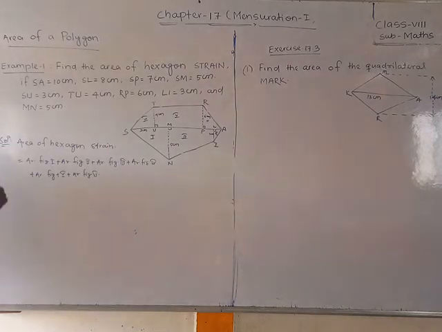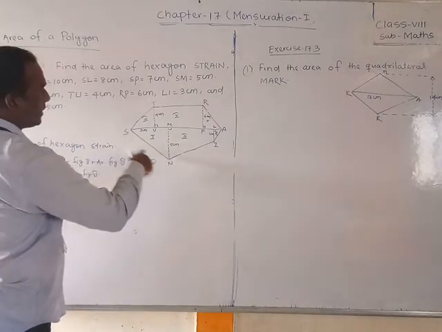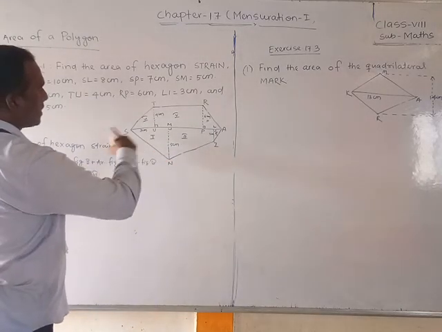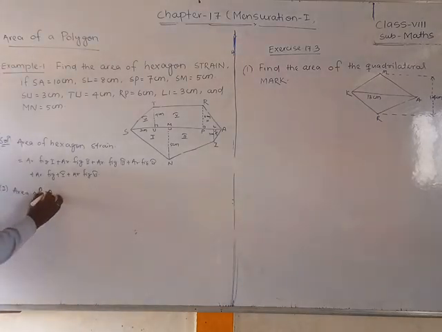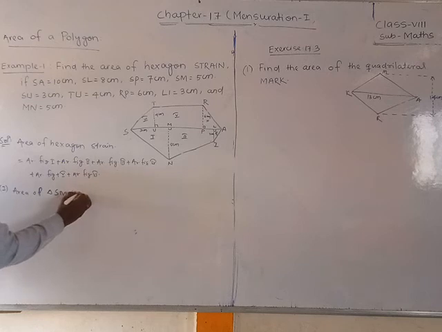So first of all, one by one we can do. First one, area of figure 1. So first one I am writing figure 1. So what is that figure 1? This is a triangle, because this is a triangle shape. So area of triangle SMN is equal to, what is that, students?